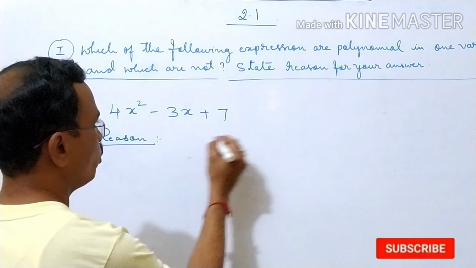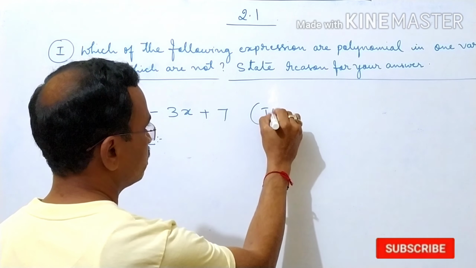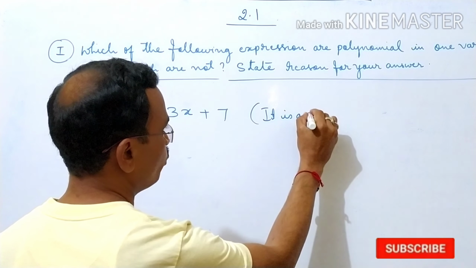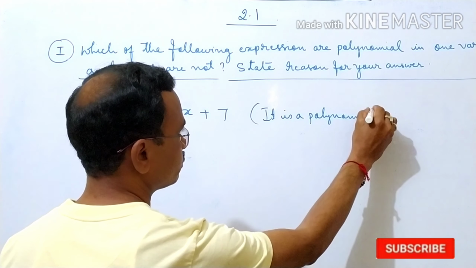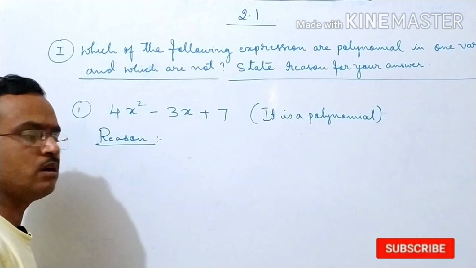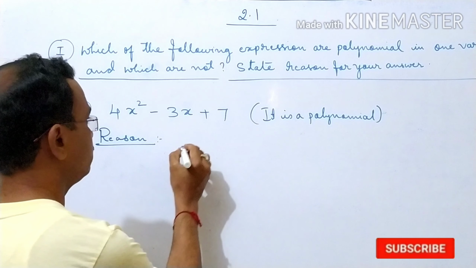First we should write: it is a polynomial. It is a polynomial. So reason,